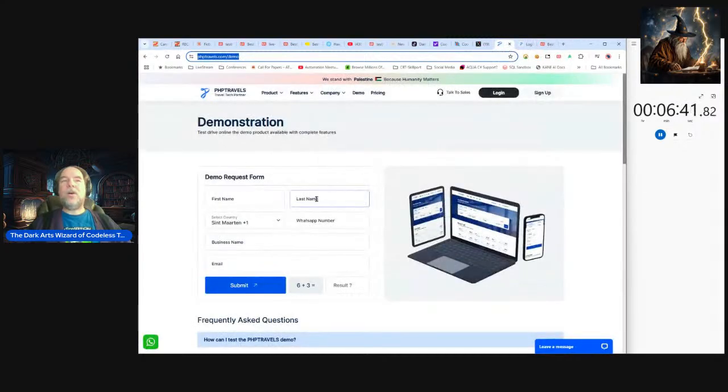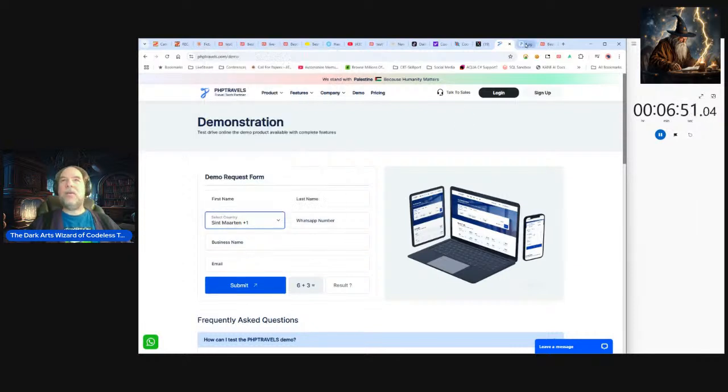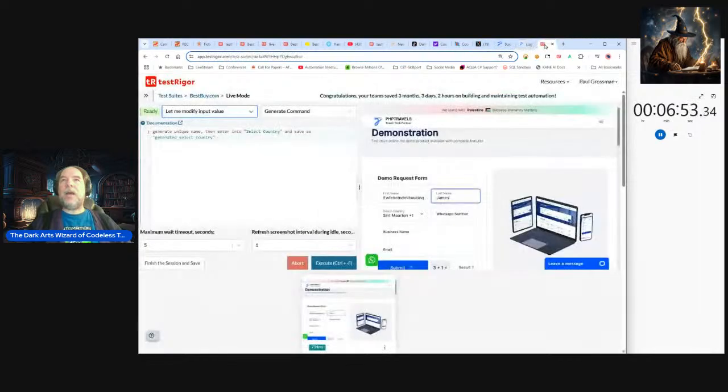Now, because it's already populated, the AI went, okay, forget it. Let's see Serbia. I don't know, I'm just picking out of the random. Serbia sounds good. Let's go for that. We're going for Serbia. We're not going to generate a unique name. I don't want to enter Serbia. I want to select it. Select Serbia, quote, Serbia. Hopefully I spelled that country correctly.